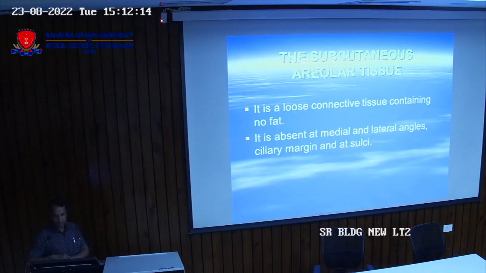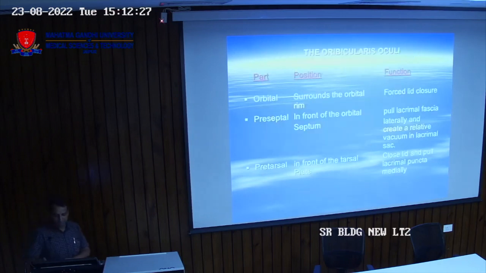Then subcutaneous areolar tissue: it is a loose connective tissue containing no fat. So edema cannot appear in this layer. It is absent in the medial and lateral angles, ciliary margin and at the sulci. Then the third layer, which has